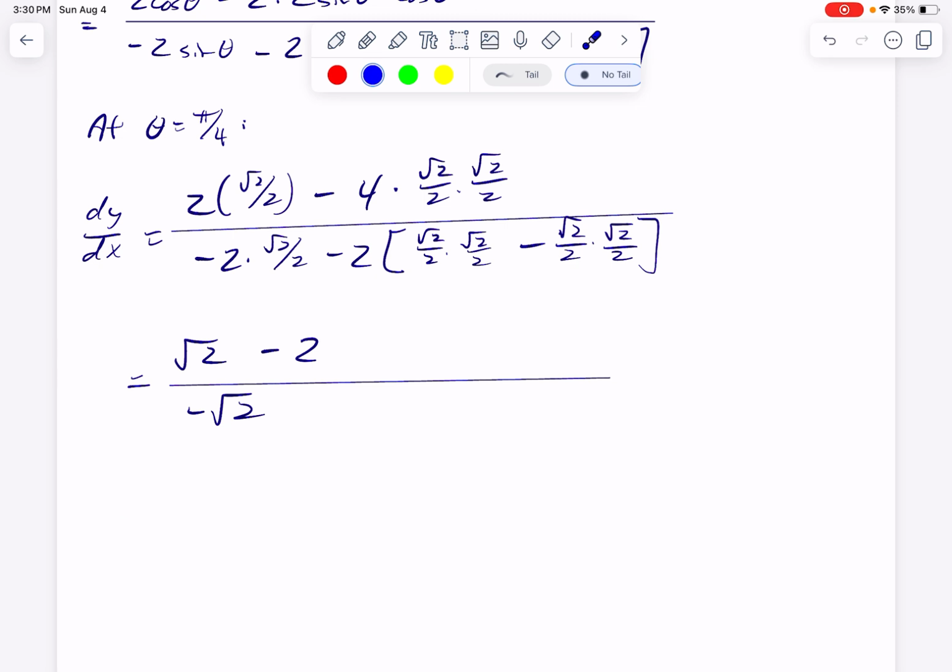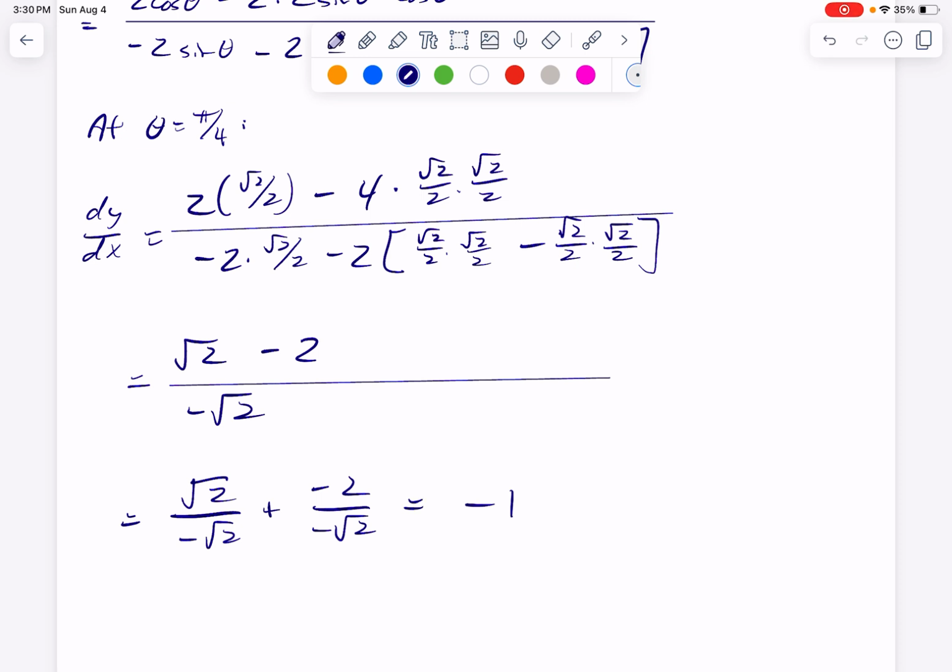Now, if we break this into 2 fractions, this is going to be expressible in a nicer form. This first part is negative 1, and this second part is root 2. So this reduces to a reasonably easy number to write down, approximately 0.414, which is